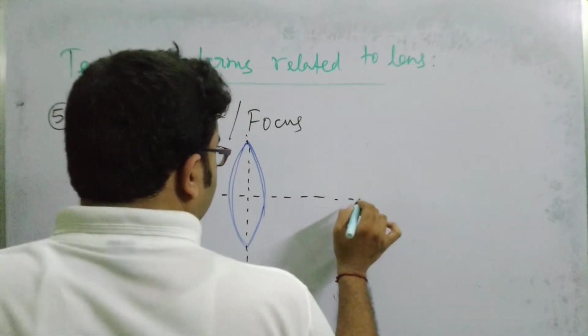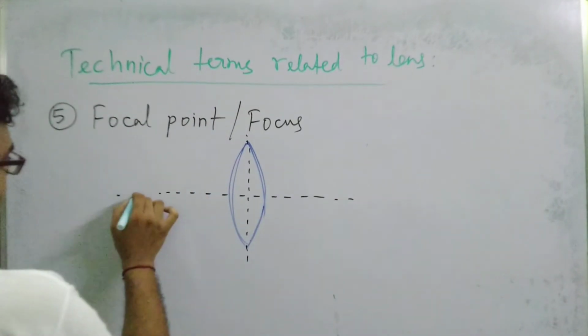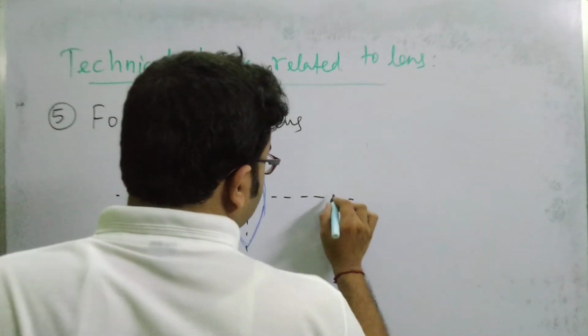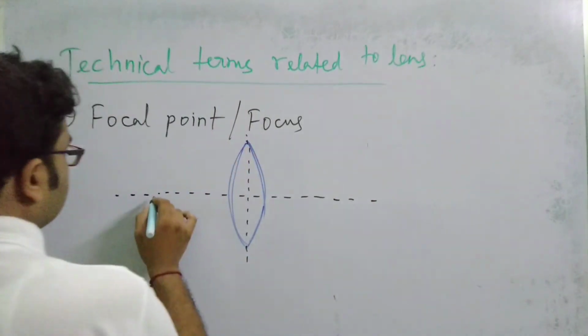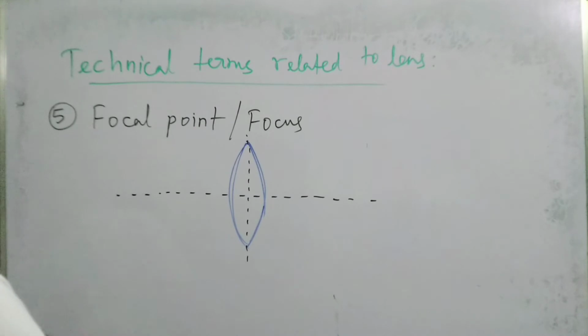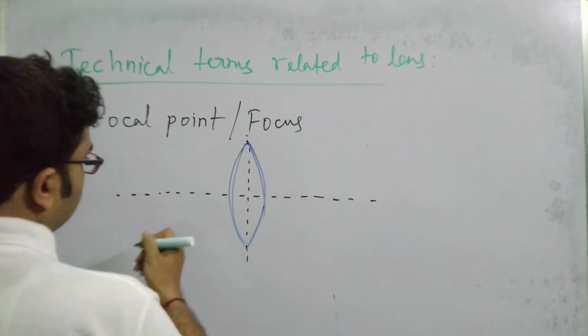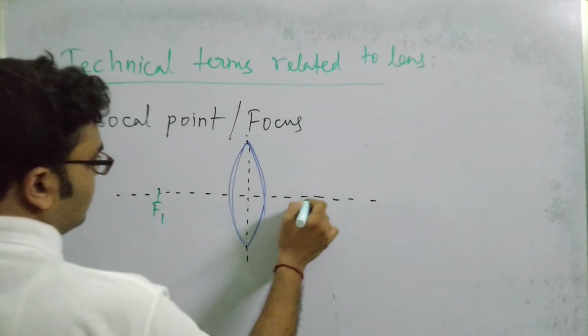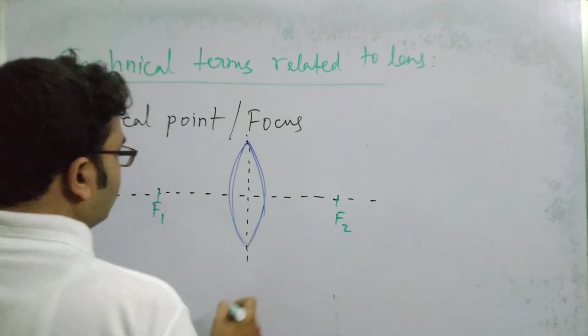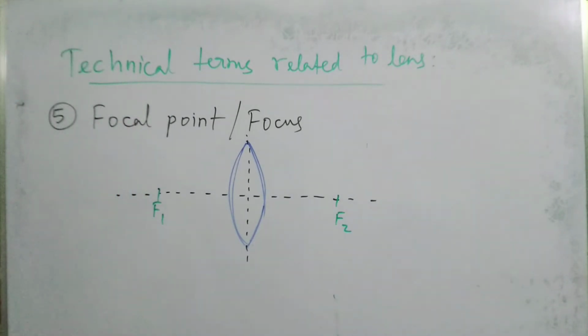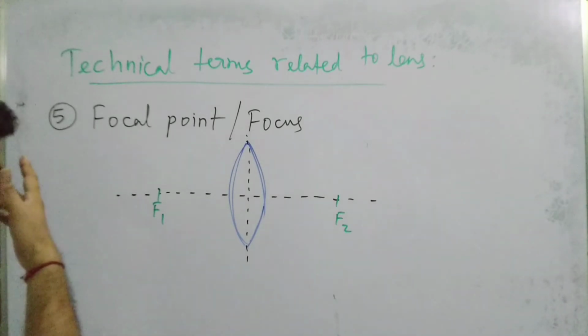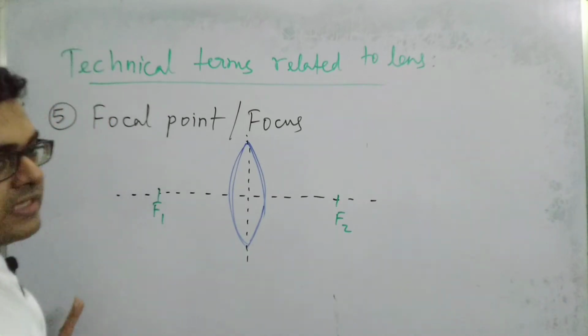Now what happens? There are two focal points on this principal axis. One is regarded as f1 and another is regarded as f2. So this is f1 and this is f2. First focal point and second focal point. Okay. So what happens? First focal point, for a convex lens we are discussing,